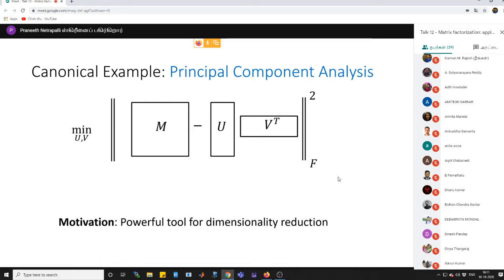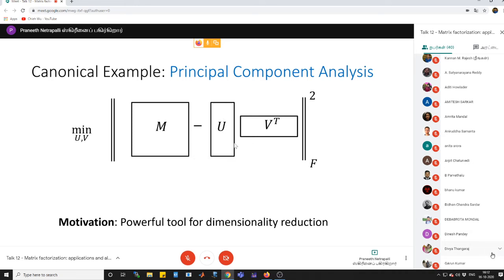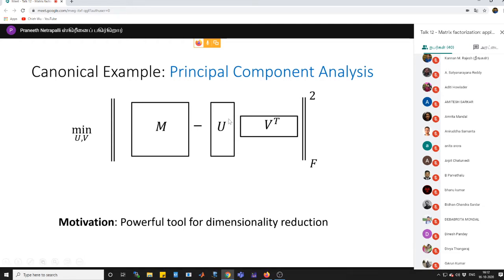So the way you would try to find this decomposition is you minimize over U and V of the appropriate dimensions the Frobenius norm squared of M minus U V transpose. So M is the given matrix which we know, and we optimize over both U and V the Frobenius norm squared of this difference. There's of course a scaling factor, so you could multiply U by lambda and V transpose by 1 over lambda, and the function value will not change. So up to this scaling, actually you can put a rotation matrix: U times R and then R transpose V transpose, where R transpose R is identity.